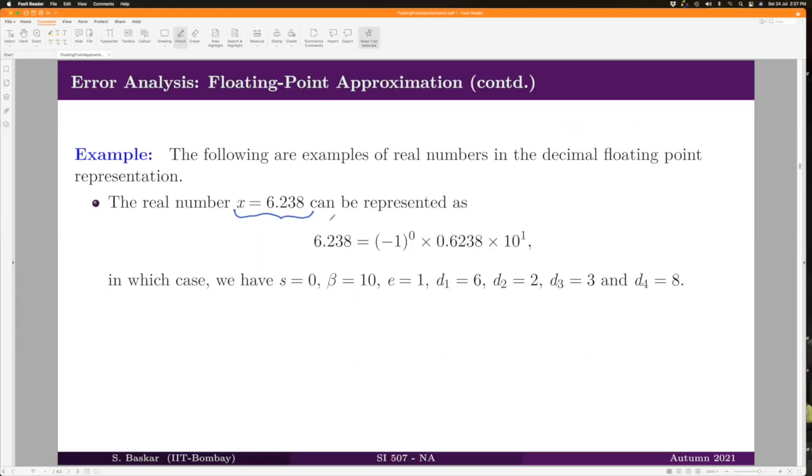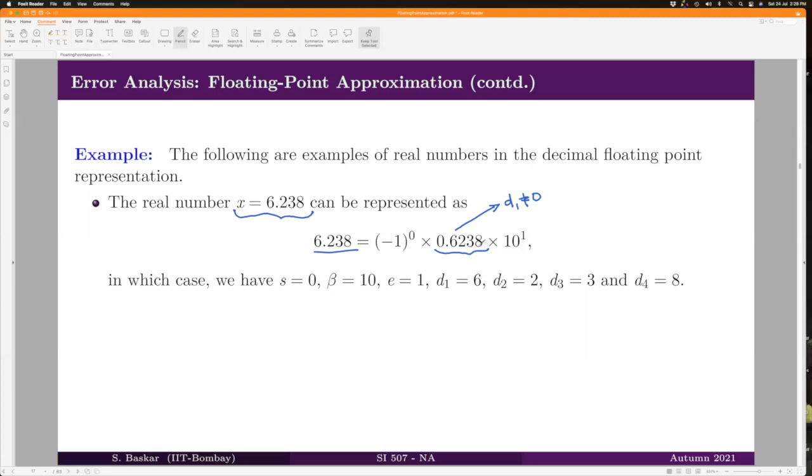How will I represent this number in the floating point representation? Well, you have to have the mantissa in this form. If I want to write the mantissa in this form, remember the important point is that d1 should not be equal to 0, right? With that condition, the mantissa of this number is